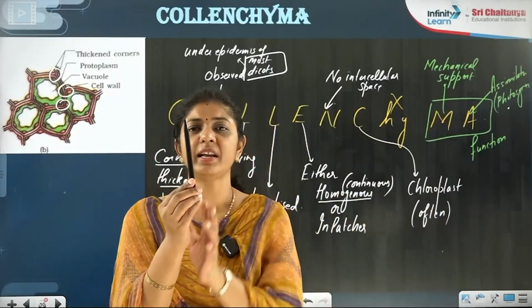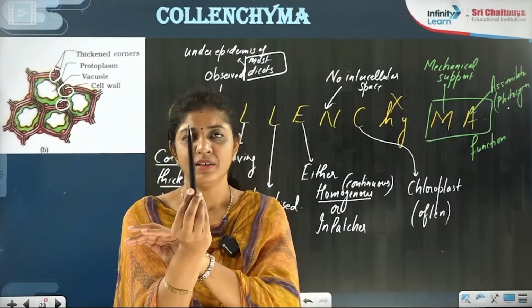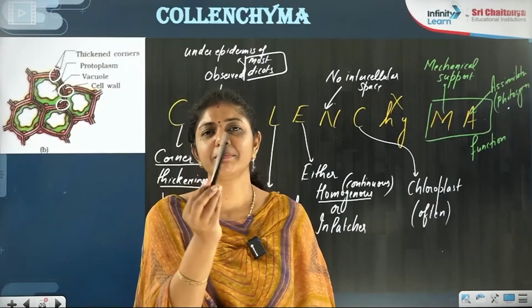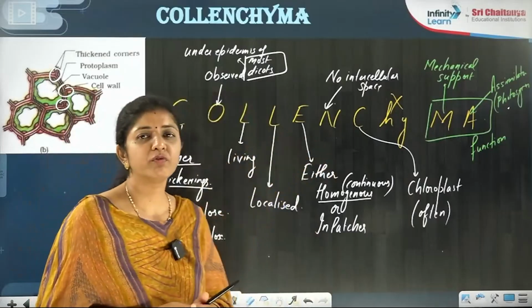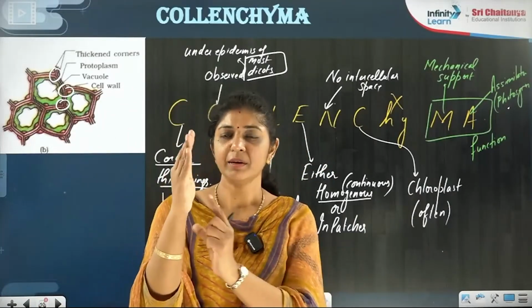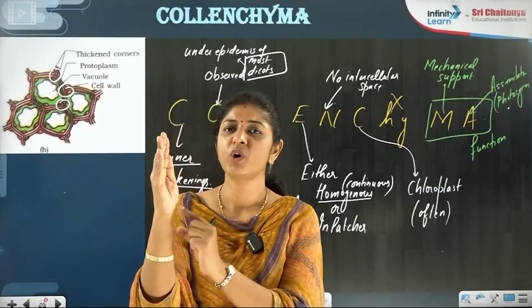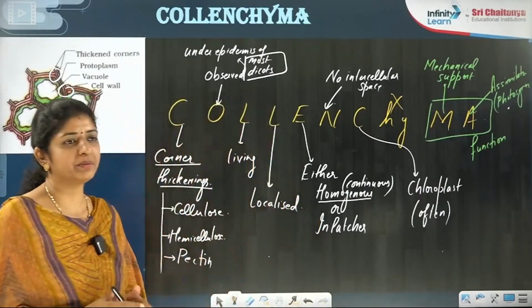Like a plant is standing, due to high winds, maybe it can bend and again it comes back, right? So can I say this is flexibility? Who is providing this flexibility? Collenchyma. In morphology or normally in life, you see the leaves are fluttering like this in the air. The petiole part, the stalk of the leaf, what are they having to give this flexibility? They are having this collenchyma, right?